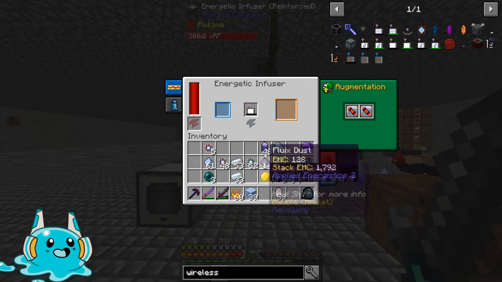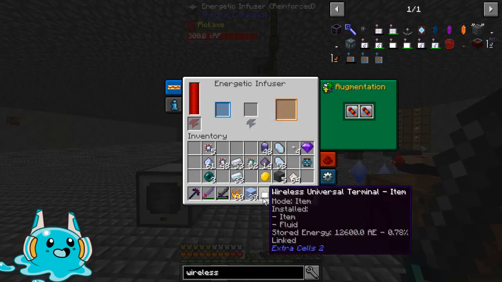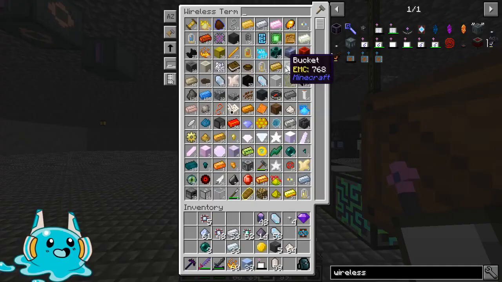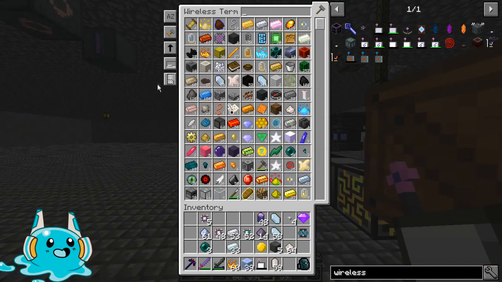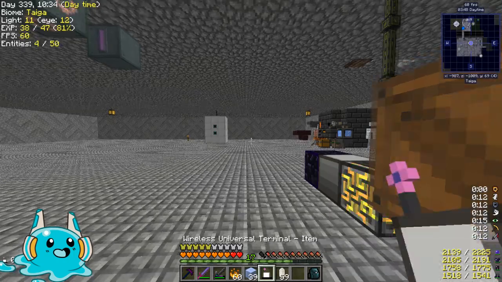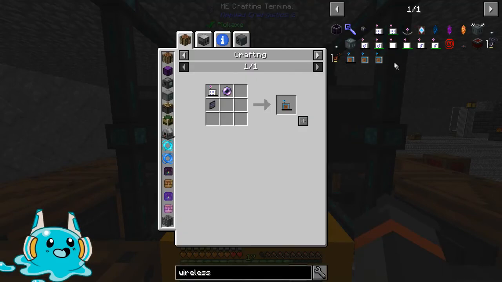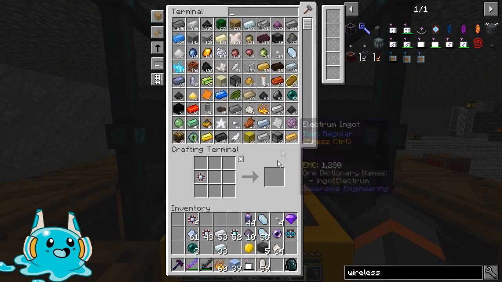Let's throw you in the energetic infuser. Just give him a little bit of power to start with. So it allows us to access all of our items and access all of our fluid terminals, but doesn't give us a crafting bench. So it doesn't give us access to a crafting bench even though we used a crafting one. It just gives us access to the two types, fluid and item. Okay. So I then need to make another crafting terminal to...